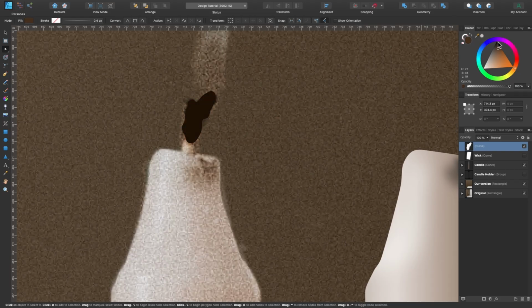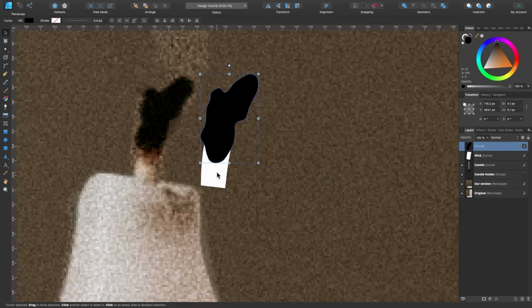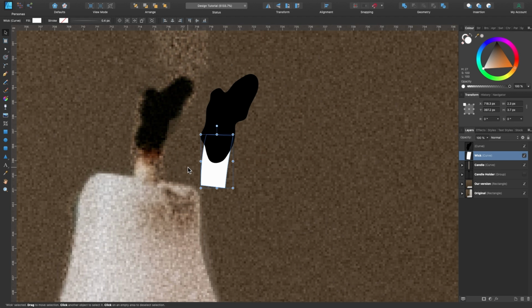Okay, and I'll make that black. And I'll make both visible. And I'll just drag them off to the side a little bit. So we've got this black section here. It looks like this isn't completely white, so we can play around with that. So I will probably add a gradient on this one as well.